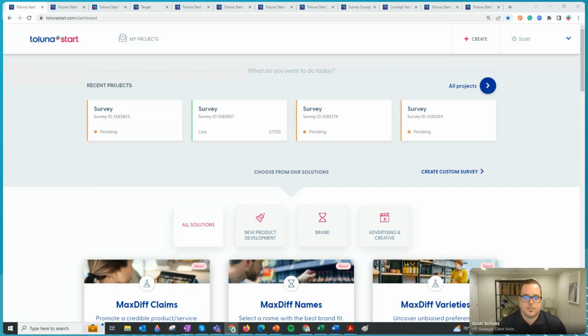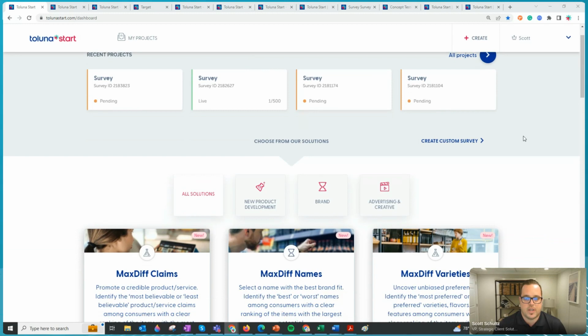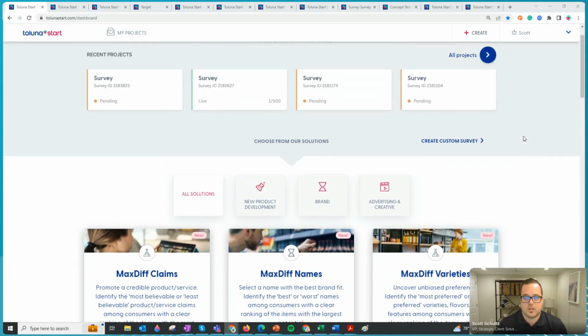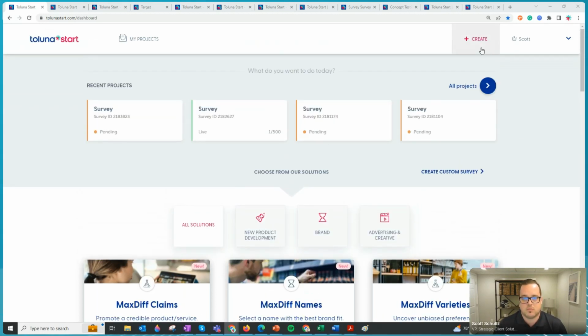Great. So what we're looking at here is Toluna Start. This is our home dashboard for all users once you log in, and it's really focused on this key question here. What do you want to do today? So whether you are going to edit or analyze some recent projects or create new projects, we have dedicated solutions here below spanning across new product development, brand, advertising, and creative, as well as the option to create custom surveys